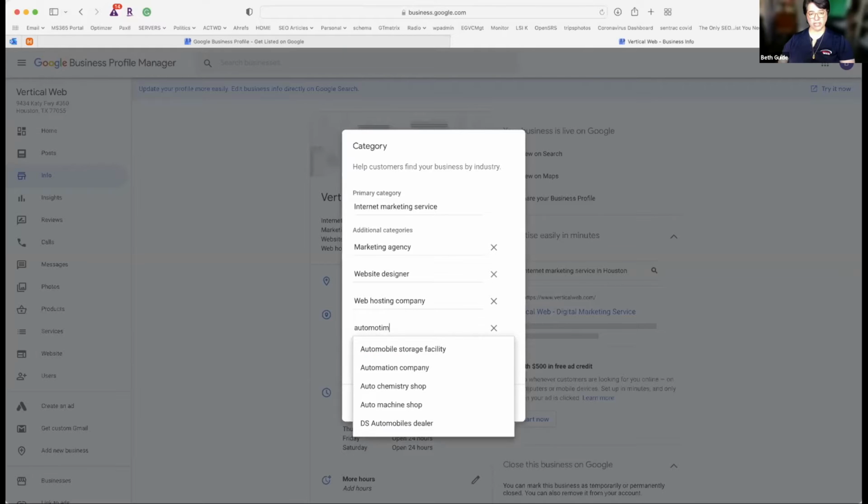That's how crazy these are, that these don't actually work right, because I put in automotive and I don't come up with a real clear path on that. Automobile storage facilities. Let me see. Let's see if trailers are, all right. Well, here's one, trailer dealer. Who knew? We don't have a car dealer, but we have a trailer dealer.